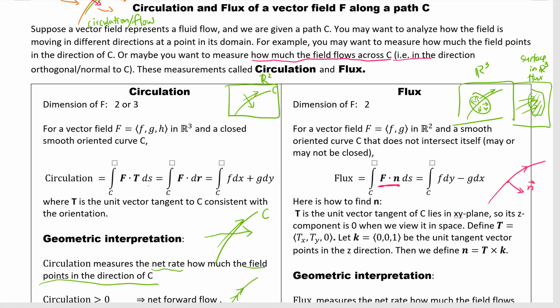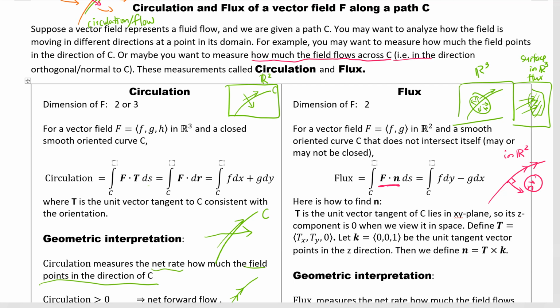If the curve is going forward, then the normal vector n is always pointing to the right hand side. We're in R2. Then the flux is the path integral of F dot this normal vector n ds,